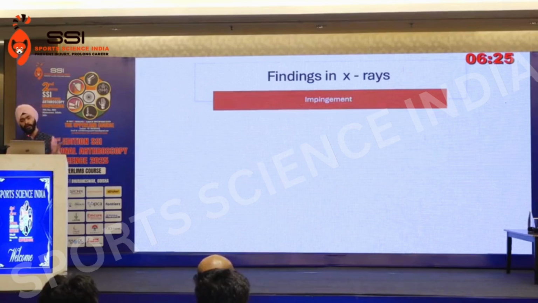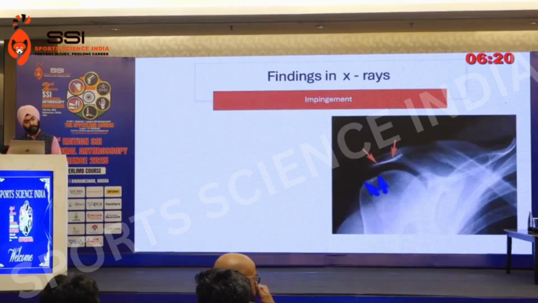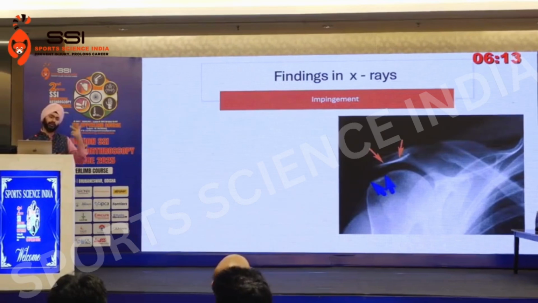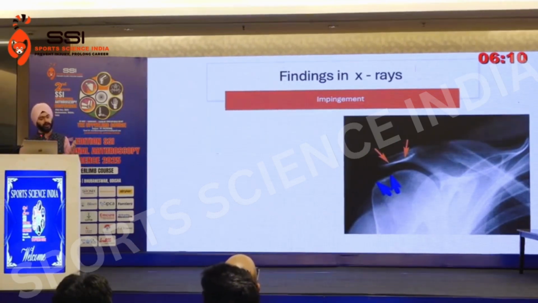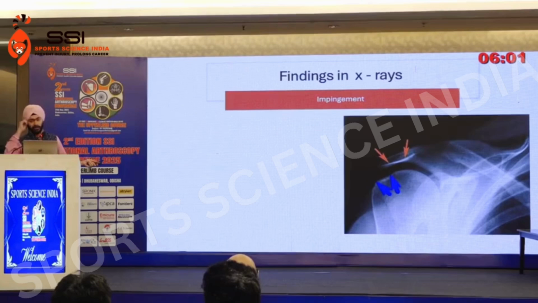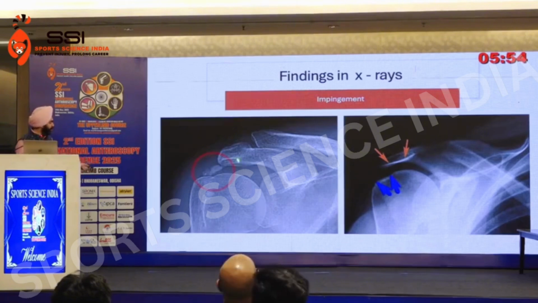So what are we looking at? What subtle hints can X-rays tell us? In the shoulder there are usually four or five pathologies you are looking for: impingement, cuff tears, instabilities, and arthritis. In impingement, you will have the dorsal sign, the eyebrow sign, sclerosis on the undersurface of the acromion, sclerosis of the greater tuberosity, and you may have some calcific tendinitis. These are signs which you can catch on the X-rays.